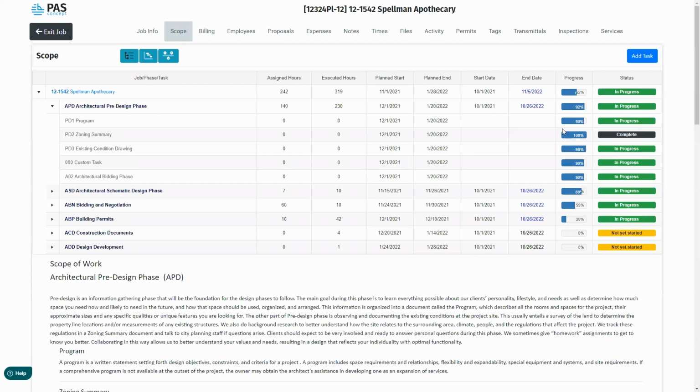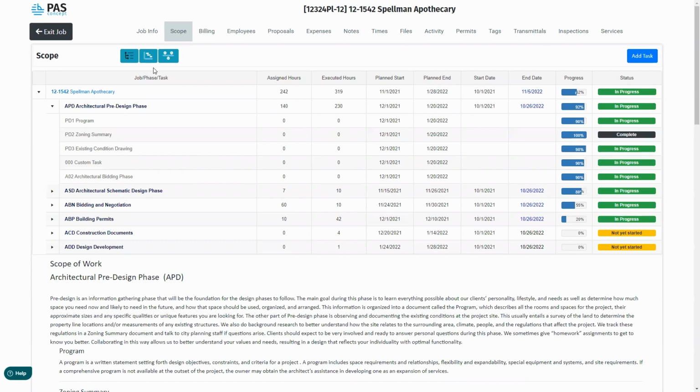And again, this is a fake company, so a lot of this information may not be as accurate, but you can see that one of the items is complete. Many of the other items are well into the 90% mark. And this is really the main page that a project manager would go to see the current standing of a project. Or if, say, a client called and asked to know the current status of a project, it's from here that you'd be able to tell them very easily and very quickly where the project currently stands.